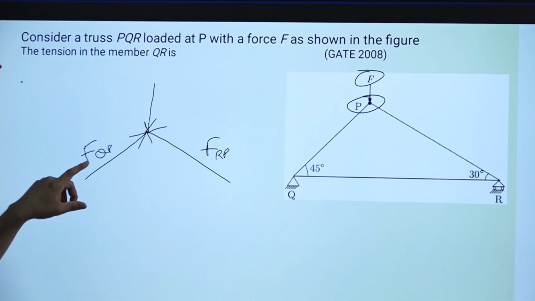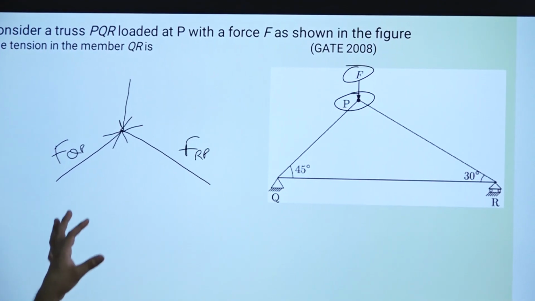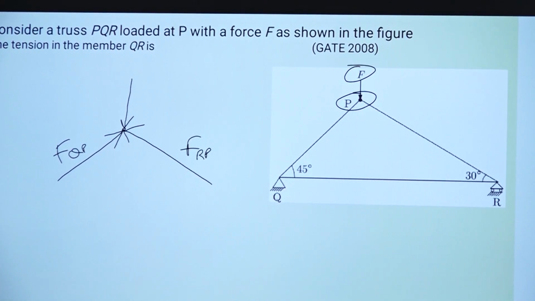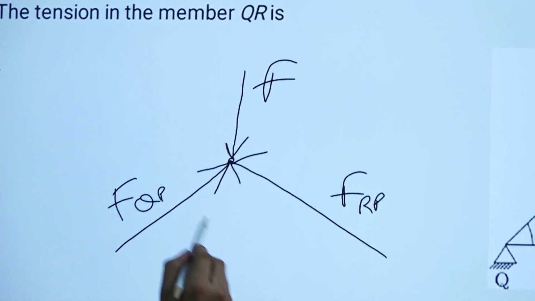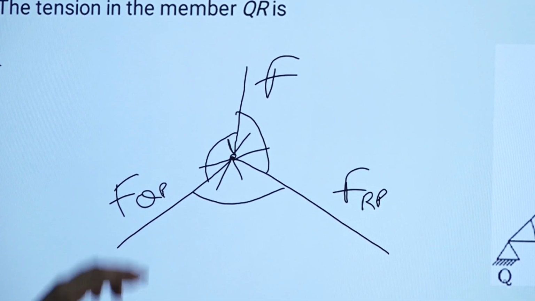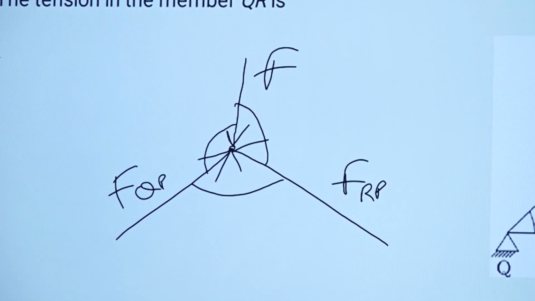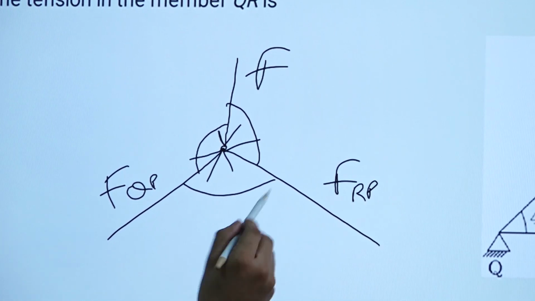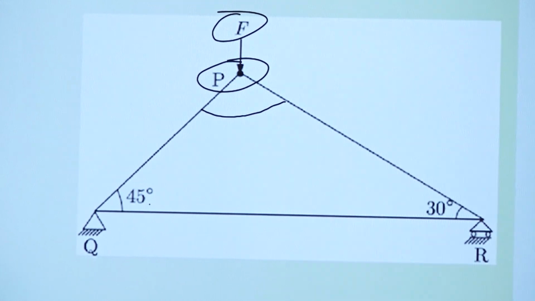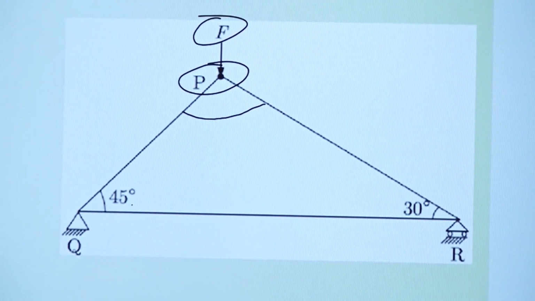So now you can see this problem like a Lami's theorem problem. We can solve it with the help of the sine law or Lami's theorem. So how are we going to solve? We know this angle, we know this angle, and we know these angles. All the angles we know, and we will simply apply Lami's theorem. So what is this angle? This angle we can find from the diagram itself. It is 45, it is 30. 45 and 30 is 75.